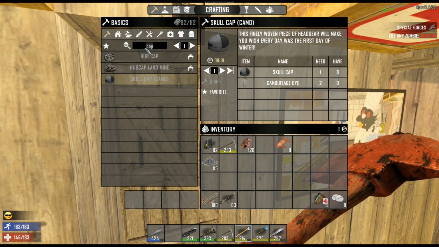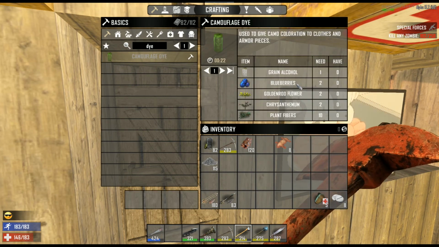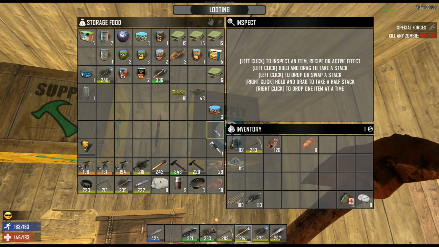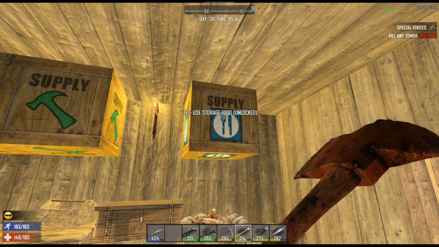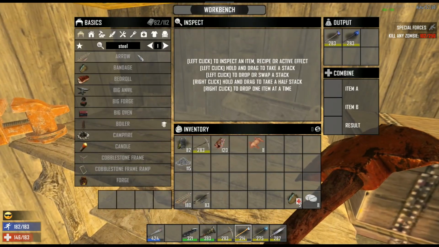To make the dye, I think we need a bunch of stuff, right? Yeah, grain alcohol, blueberries, goldenrod, chrysanthemums, and a lot of plant fibers. How much chrysanthemum and goldenrod do we have? Not enough. Okay, so I'm gonna have to go harvest a bunch of goldenrod. Oh, what else do we need? We need...